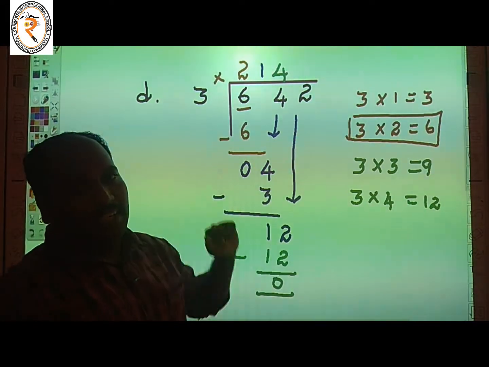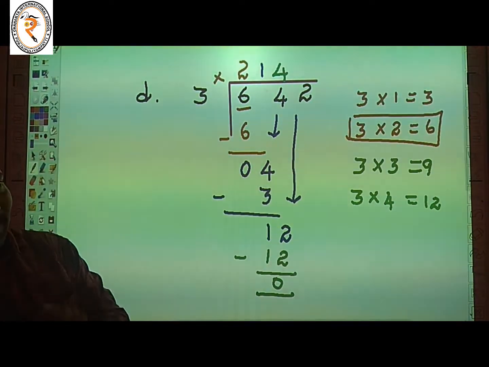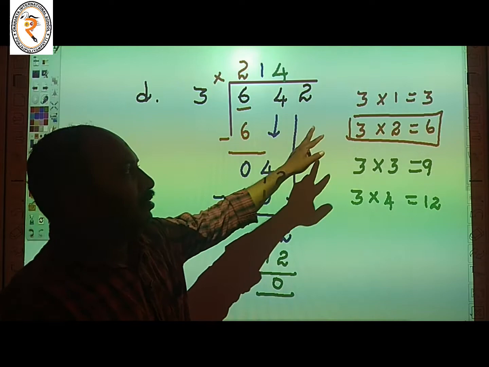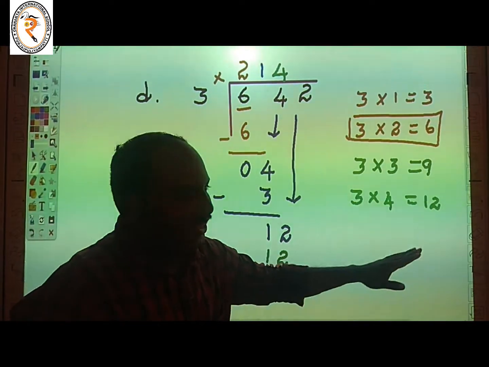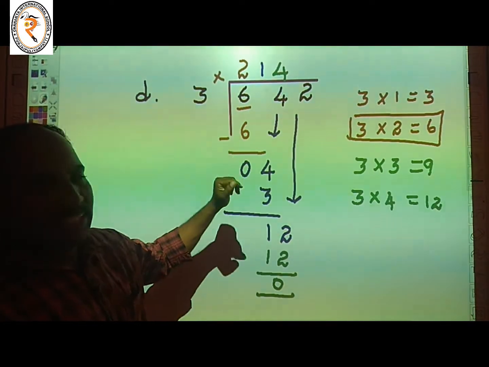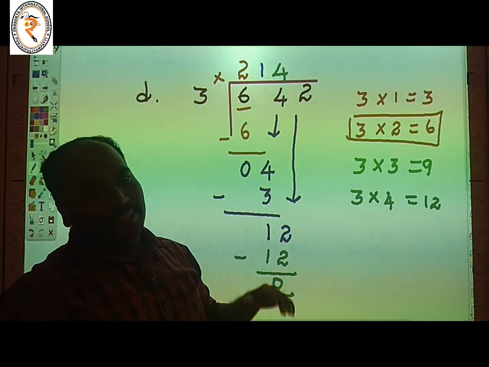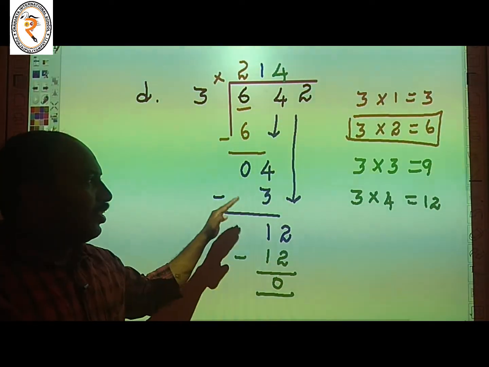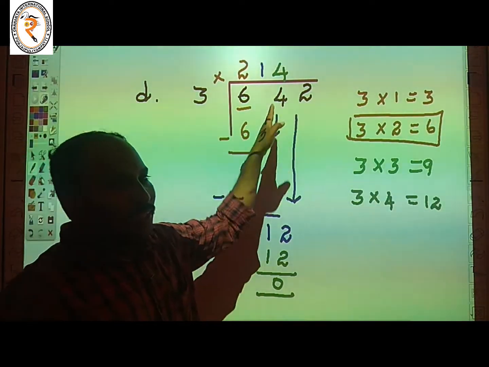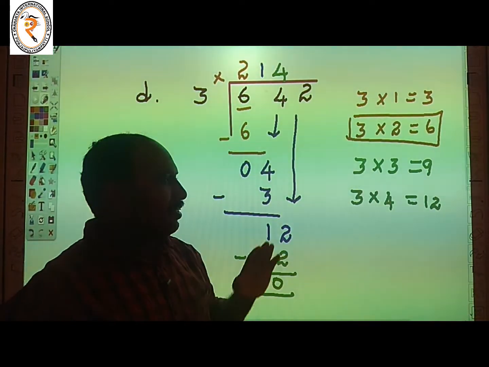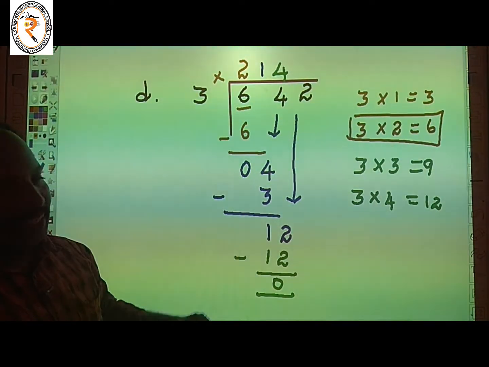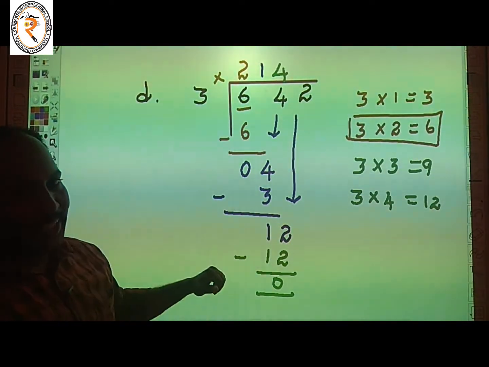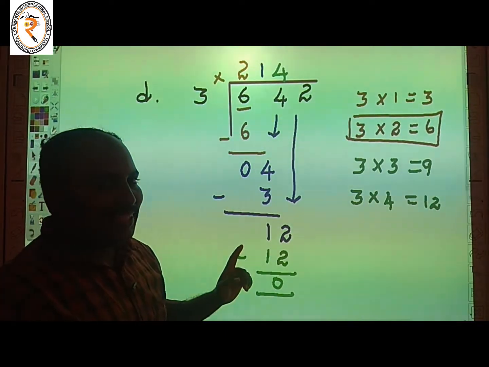Listen here. The dividend is 442 and the divisor is 3. First we take the hundreds place. Here the hundreds place is 6. 3 2s are 6. Next we want to minus. 6 minus 6 is equal to 0. Next we go to the tens place. The tens place has 4. Bring down the number 4 divided by 3. 4 divided by 3 is not possible.